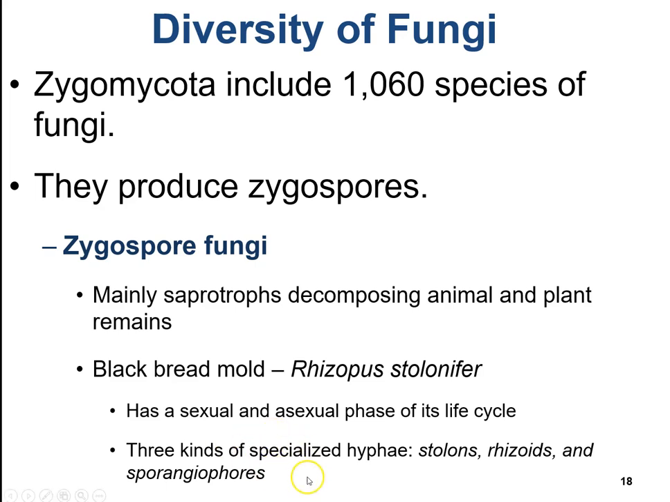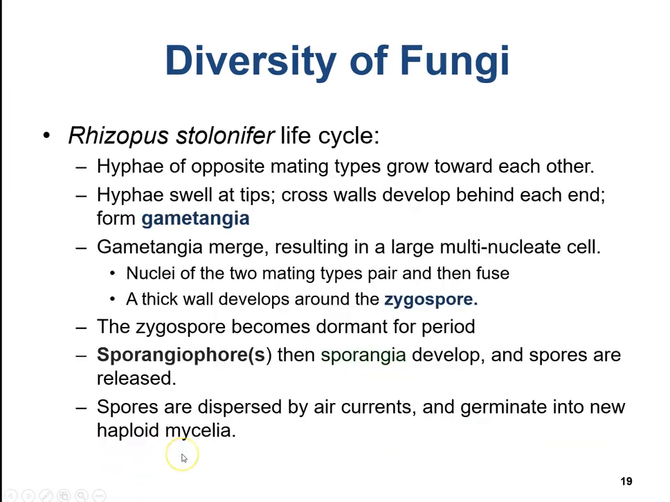And if you look at the hyphae of the black bread mold, it has specialized types of hyphae. Again, remember, we talked about hyphae in general. That's what makes up the fungus, okay? When you talk about black bread mold, it particularly has specialized types of hyphae that have different names: stolons, rhizoids, and sporangiophores. We're going to look at a picture and we're going to see those. We saw the same exact picture in lab, also in your lab manual, okay? So if you look at the Rhizopus stolonifer life cycle,